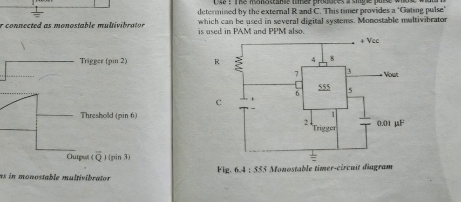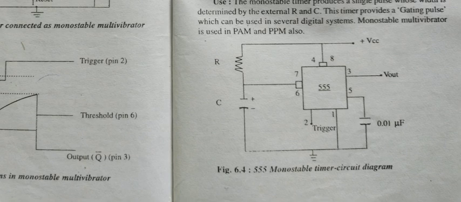Now we will come to the monostable multivibrator diagram. How does it look? This is the diagram of monostable multivibrator. The circuit diagram of monostable multivibrator is shown. Instead of showing internal components of IC555, only the external components are provided. At pin number 5, we are using a capacitor of 0.01 microfarad, and pin number 2 is used for triggering. Trigger means one wire is removed from pin number 2 and one wire is taken from ground. They are just slightly touched to get the external capacitor charged.